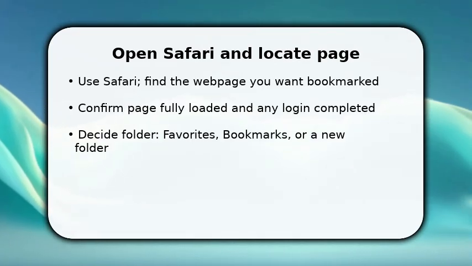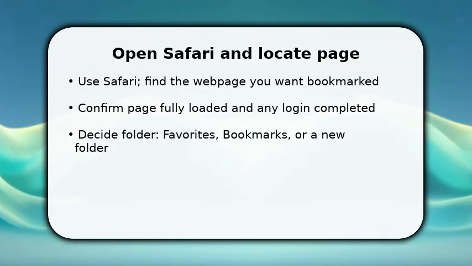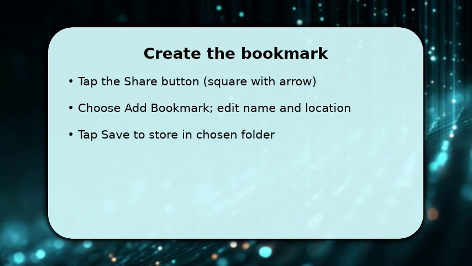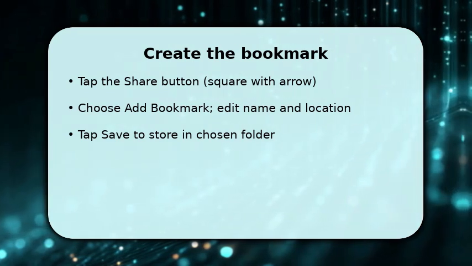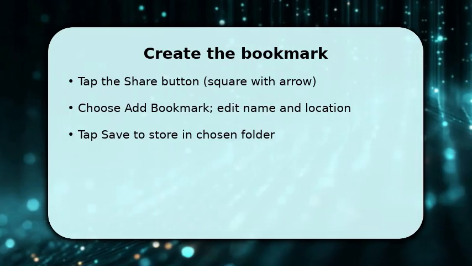Once done, notice the share icon at the bottom. That's the control you'll use to create the bookmark. You tap the Share button, the square with an arrow, and scan the options until you find Add Bookmark, select it. You can now edit the title so it's short and recognizable, and change the location from Favorites to another